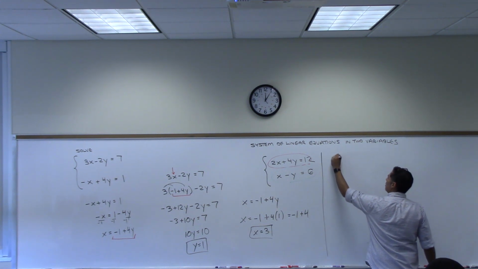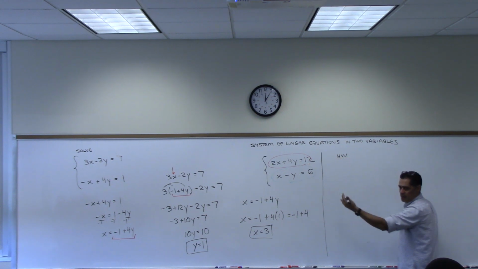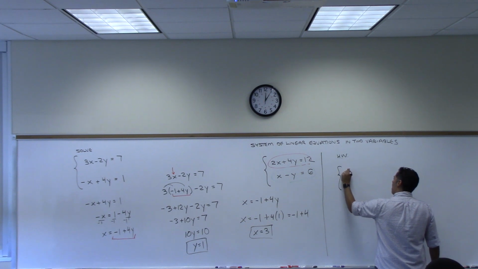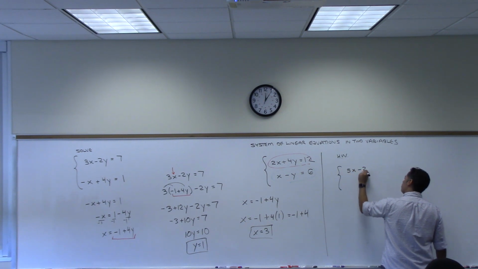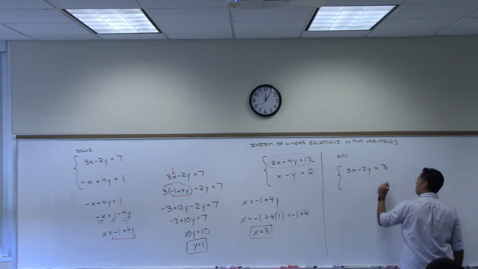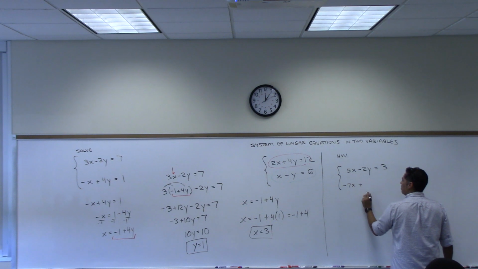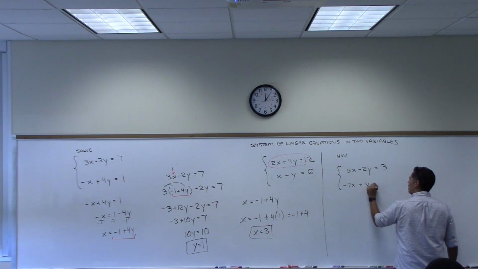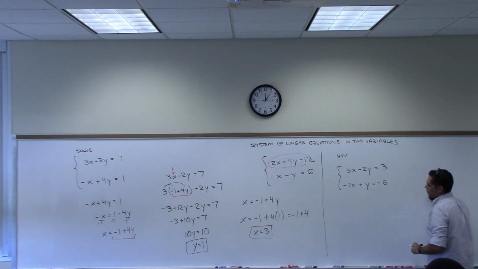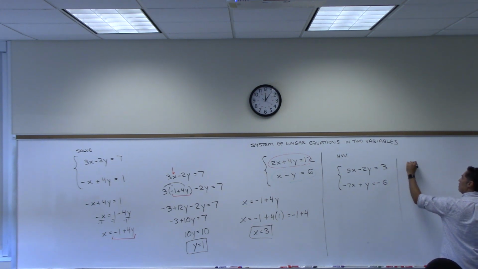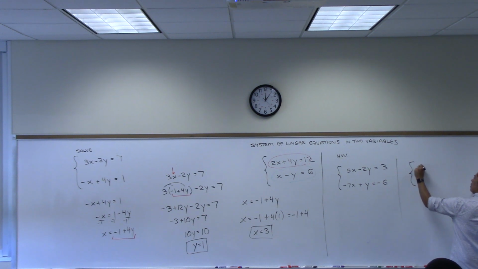So for homework, again, for your own practice, try, let's go with 5x minus 2y equals 3, and then negative 7x plus y equals negative 6. That's the first one. And then the next one, 3x minus 5y equals